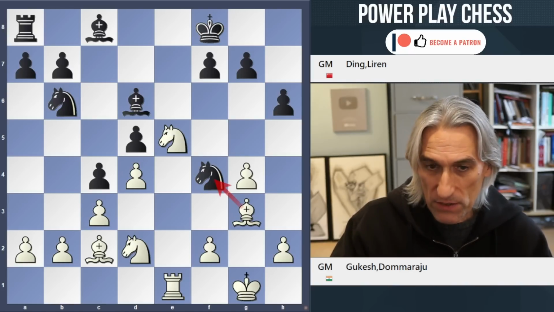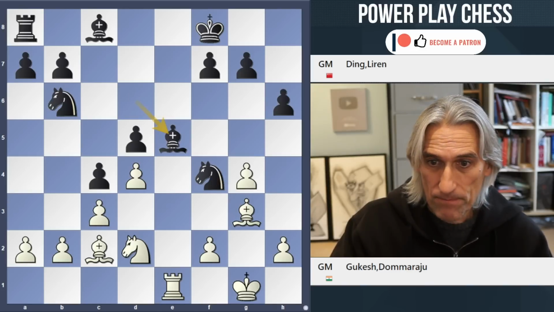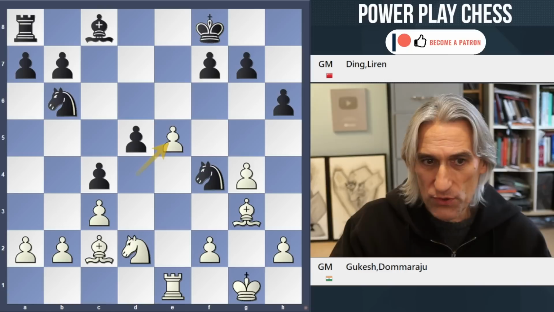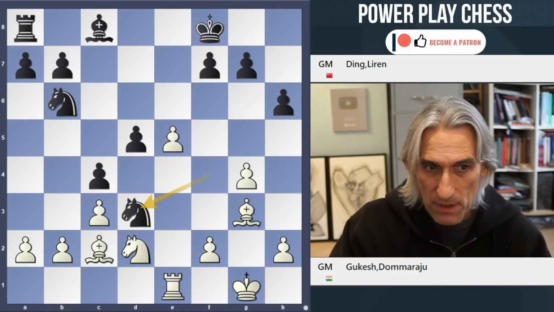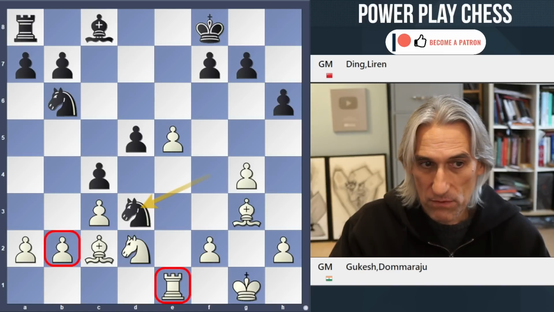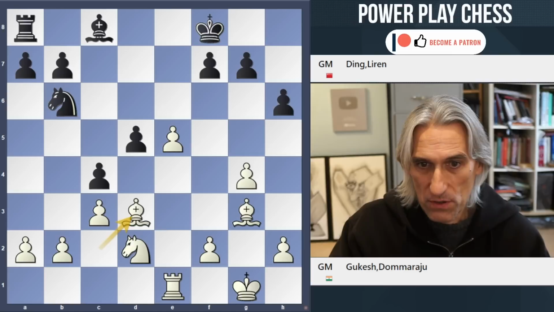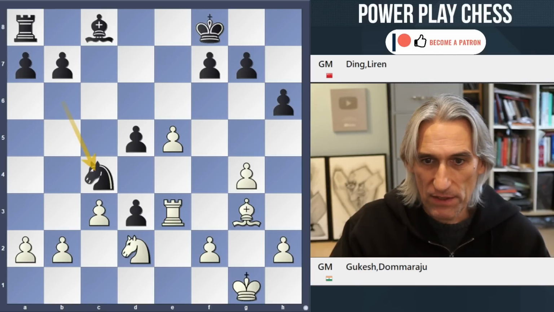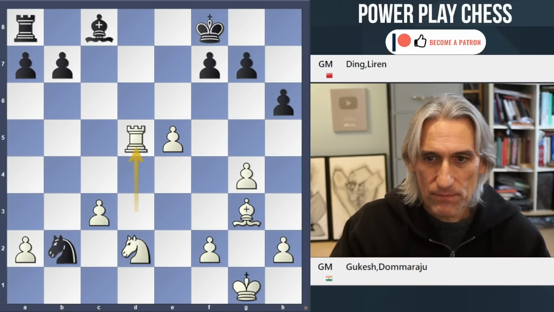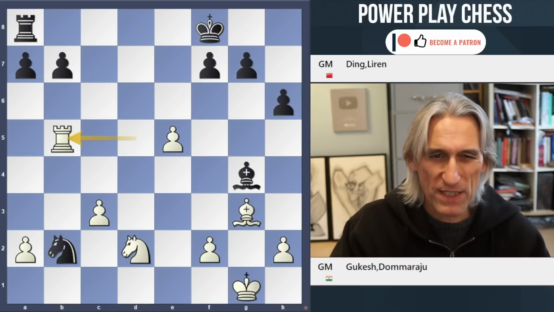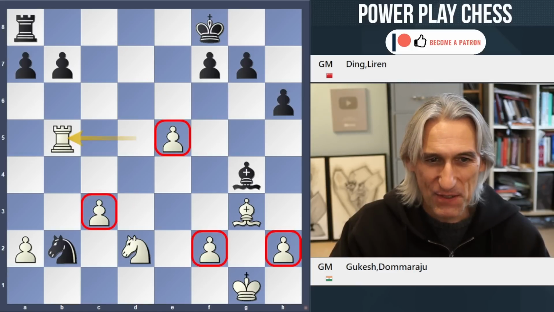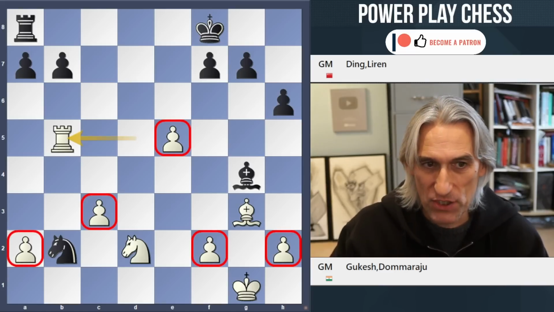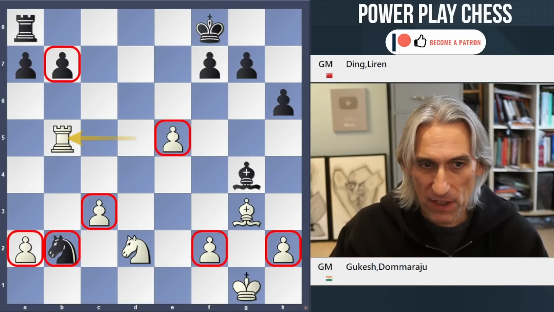So bishop takes, knight threatened. So bishop takes. And now he thought pawn takes. So there's a threat here. The knight sinks itself in on d3. So that has to be exchanged off. Bishop takes. Pawn takes. And Ding thought that black might be a bit better in this line. But actually, it should burn out to a draw. I mean, white's pawns are not very pretty. They're really disjointed and split. But actually, white is active enough here.